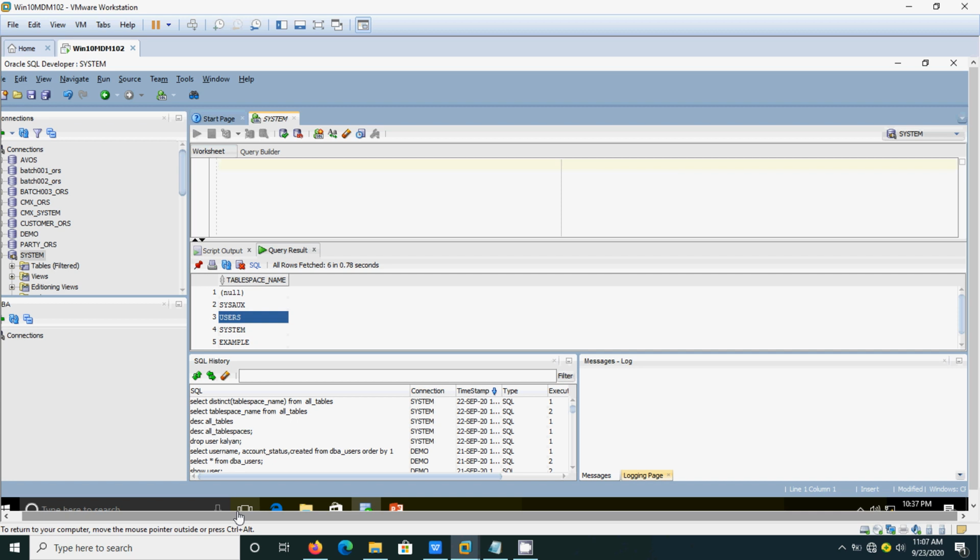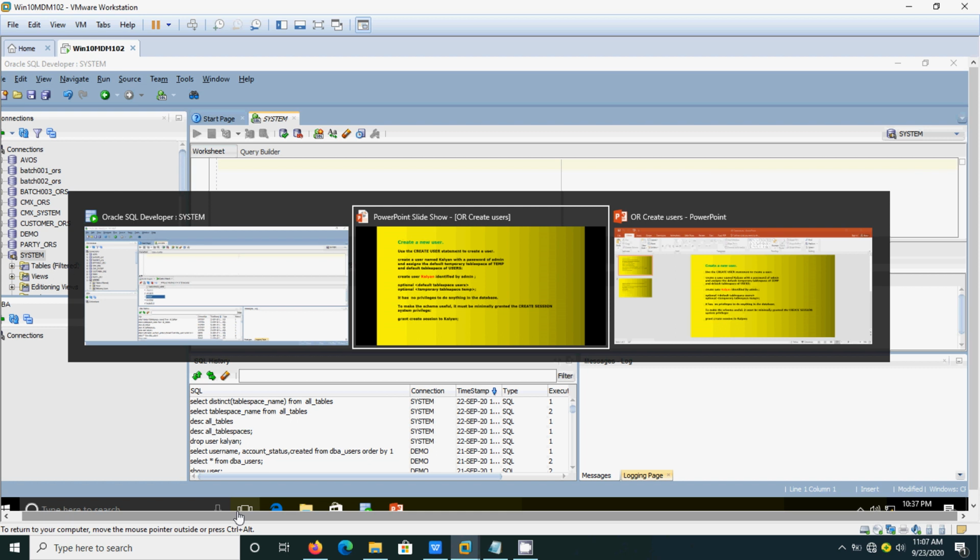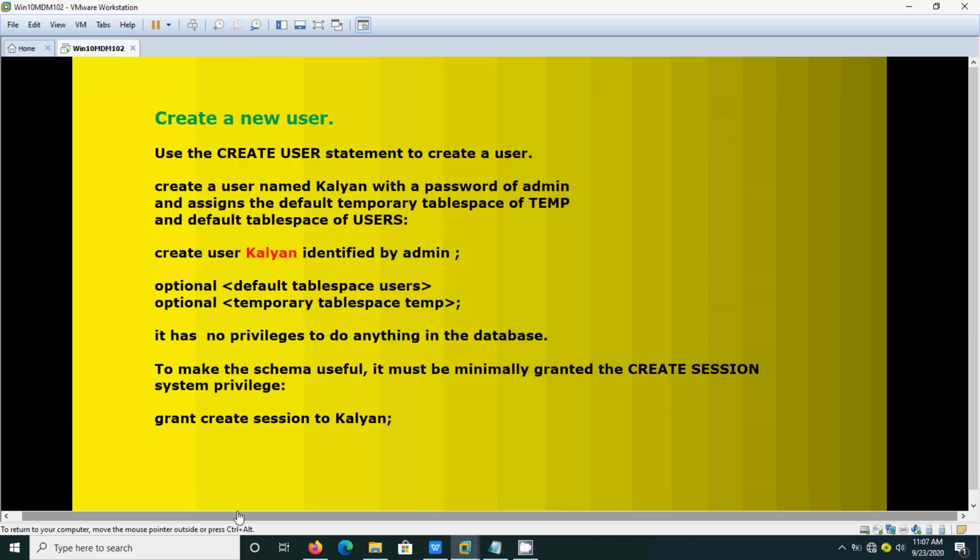First we will see the syntax of how to create the user. Here we are going to give the username and then identified by the password. Here I am going to give admin as the password. I am going to create the user named Kalyan, that is my name, and there are optional syntaxes also